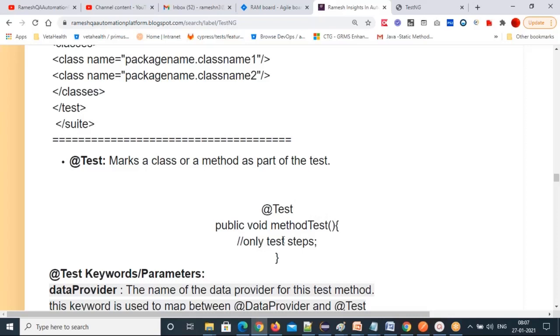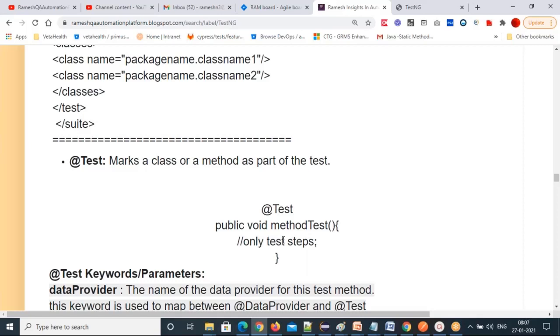@test is mandatory. Not all the above annotations are mandatory: before suite, before test, before class, after test, after suite, before method, after method, after class. These are all not mandatory, but @test is the only mandatory annotation in TestNG and JUnit. Others are optional. Why do you need to use them?